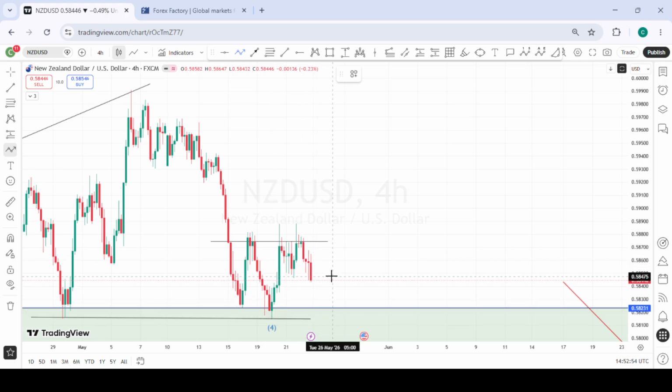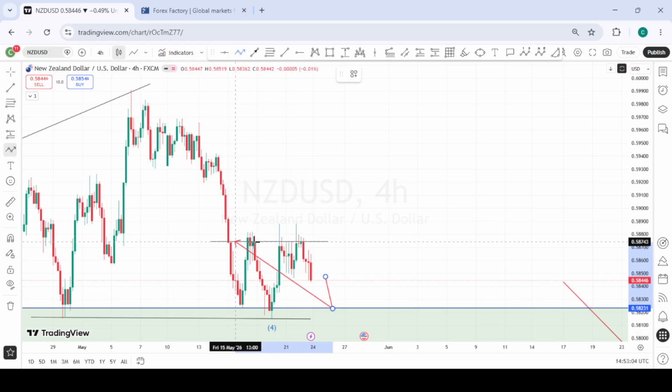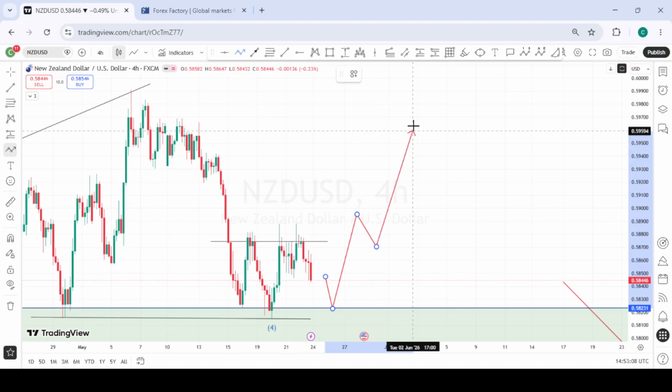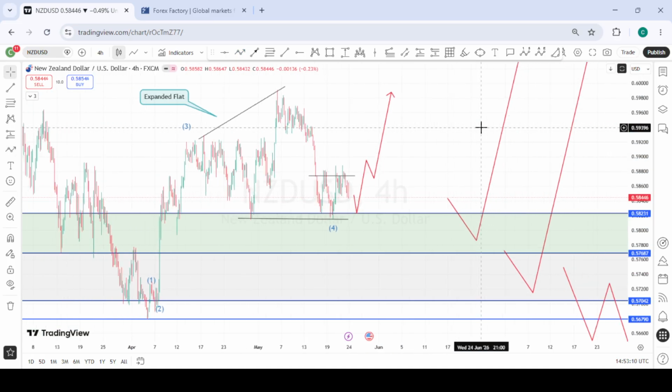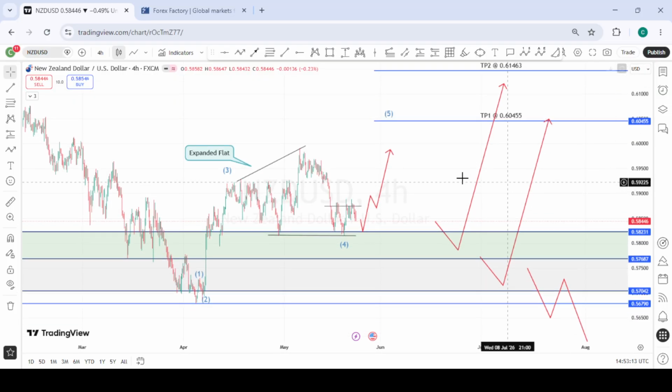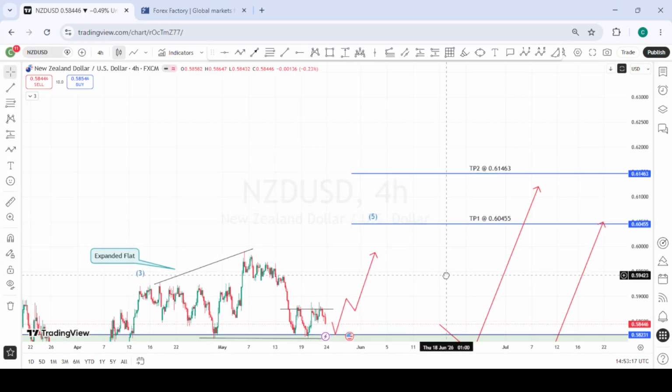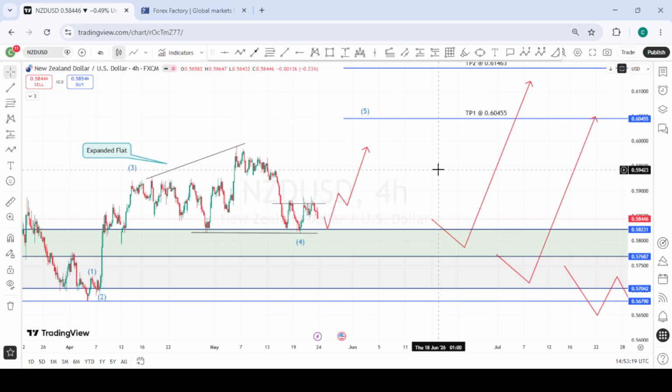So if we are able to get a possible pullback to give us maybe a triple bottom or a right shoulder formation, we look forward to a possible buy to give us a 4-hour structure shift at this structural point, or a daily structure shift at this structural point we have here, get another pullback to retest it, and then we get our buys to the upside. So we're also looking at the bullish side of things for NZDUSD for the coming week, and these are the various targets we have above for NZDUSD.